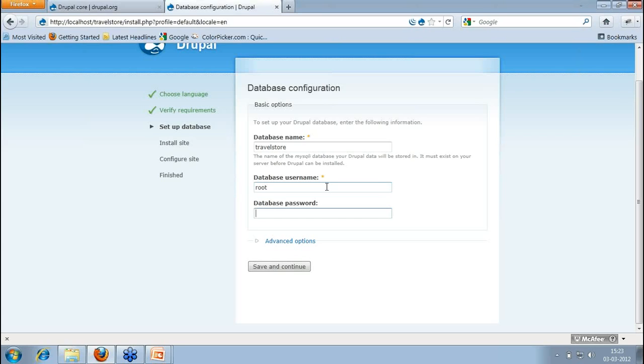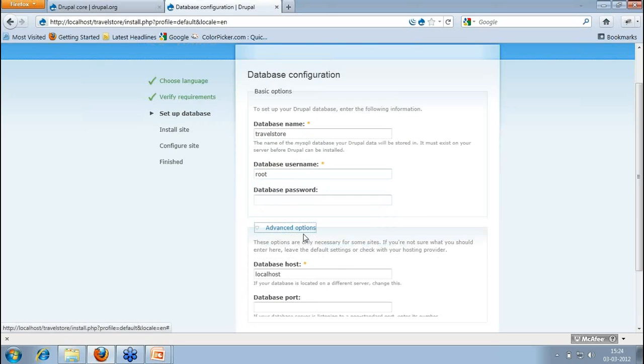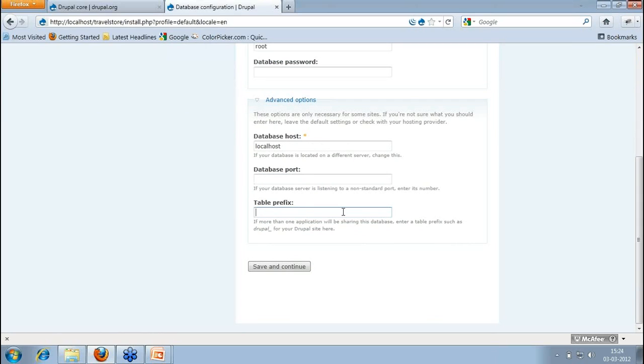If you're using a remote location, from the hosting companies you sometimes get only one or two databases. In that case, you can have some prefix for your table names, so we can see in the database which tables are related to my Drupal environment. You can put a prefix here like drupal, TRV, or ABCD, XYZ, whatever. Whatever prefix you put here will get added before the name of each table used under the Drupal environment.